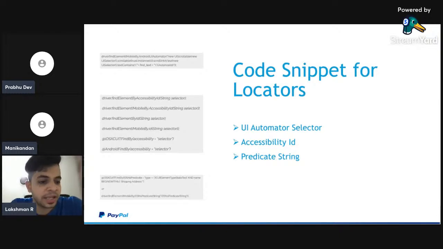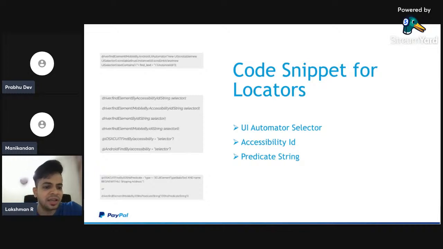The final one: predicate string. This locator strategy is on my favorite list, because if you're working on iOS automation, predicate string is a sure-shot first preference with XCUITest. It is a native search approach powered by Apple for its own SDK.